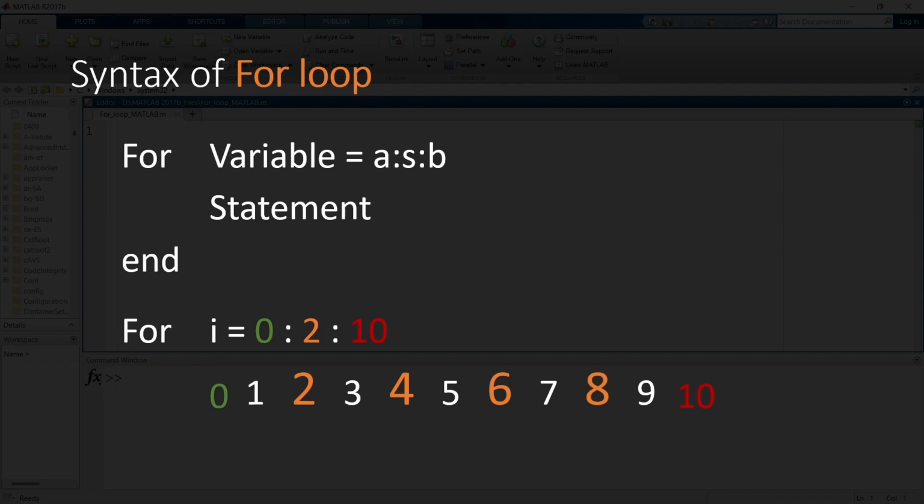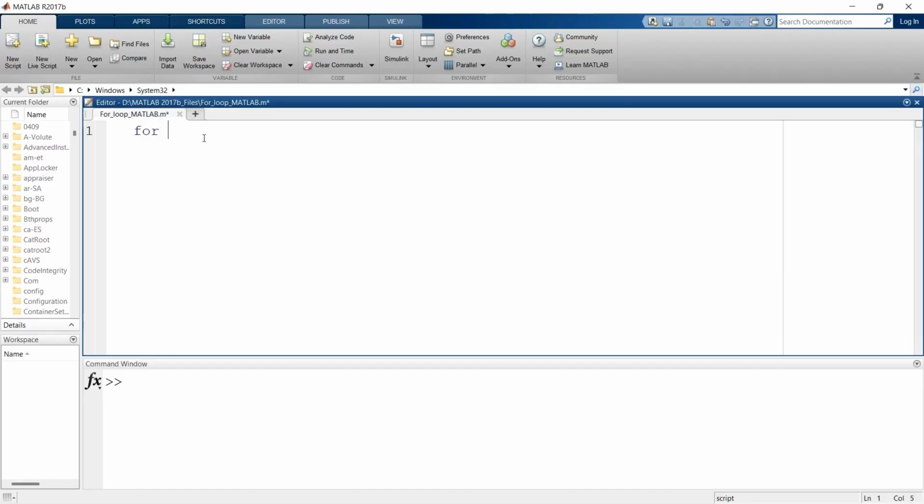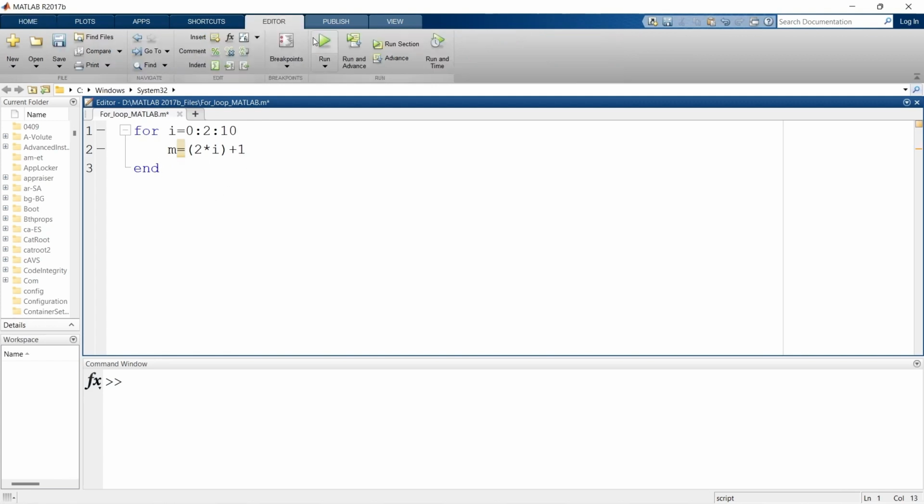Now we'll go for the statement. Here our statement is m equals 2i plus 3. So for every value of i, it will calculate m and then end. So this is how we are going to write the syntax of the for loop. Now let us write this code in MATLAB and understand what's happening inside the code line by line. So here our code is ready. And now let's run,